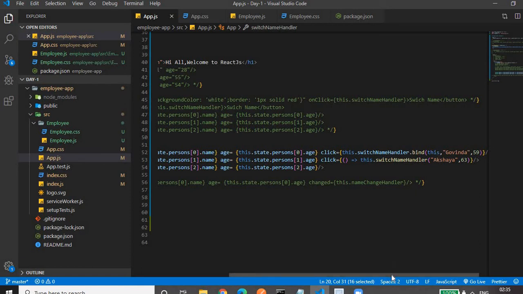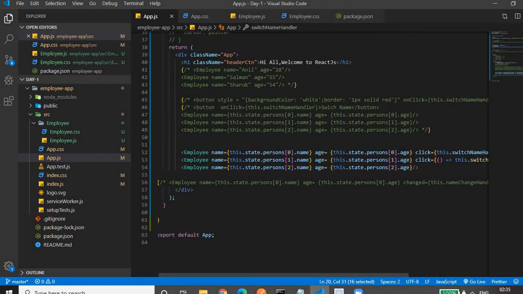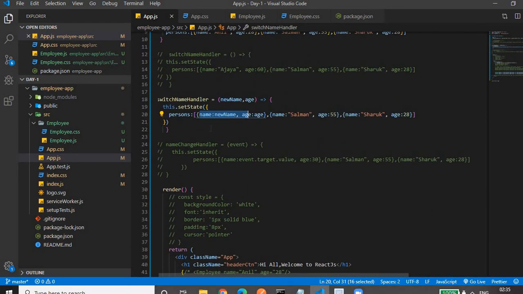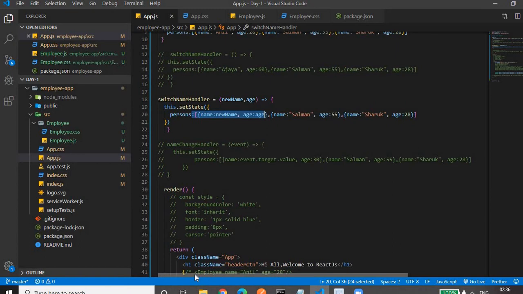Why is it changing the first employee component even though we are clicking the second one? Because in the function, whatever we have received, we are changing the first component, not the second one. We are not doing any kind of business logic like only the clicked employee's name and age will be changed. Those kinds of things we are not doing here for simplicity of understanding. Okay.